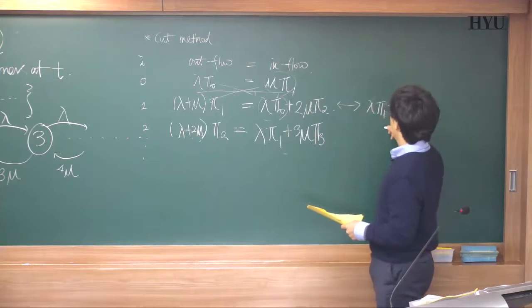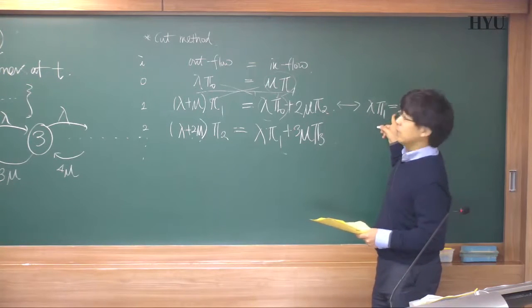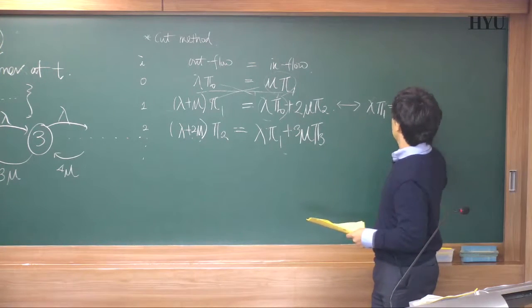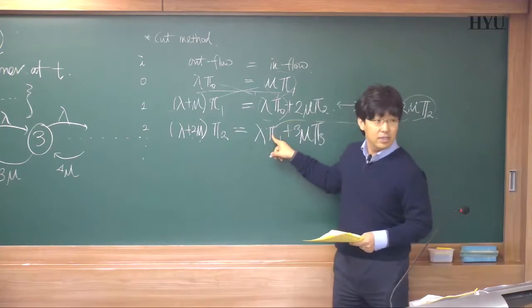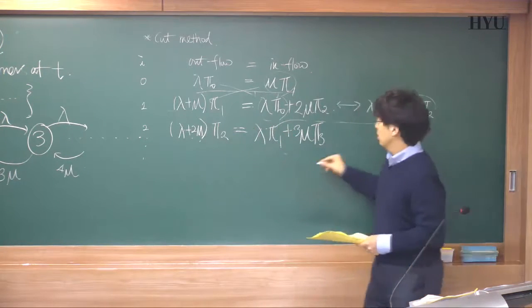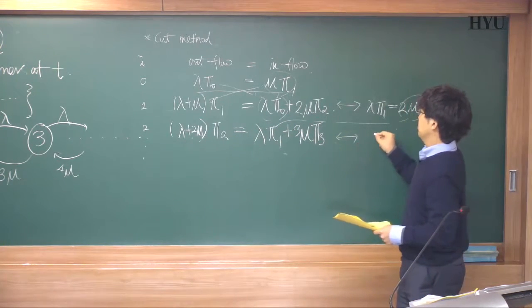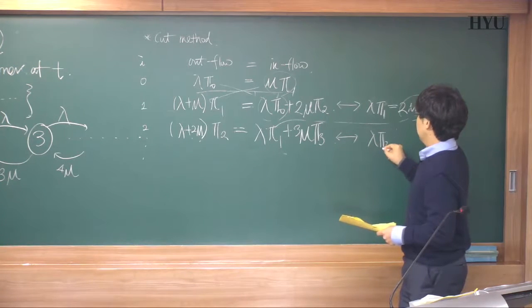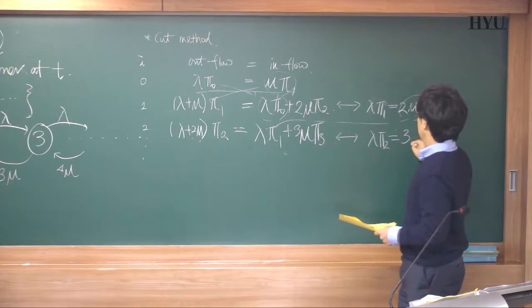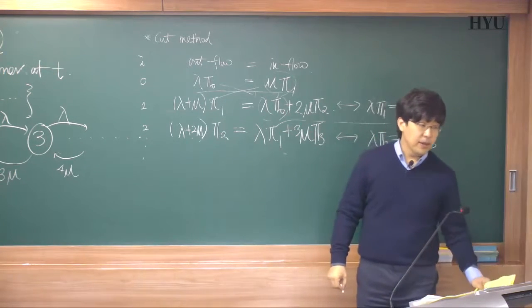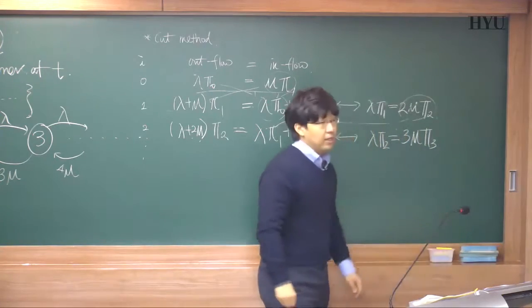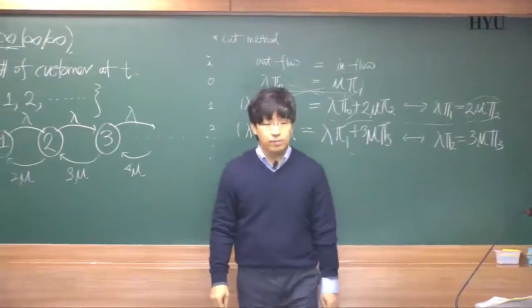Okay. And then also we can substitute this into this, right? And then cancel out. Then we can get lambda pi 2 equals 3 mu pi 3. Okay? So by induction, you can derive a kind of rule